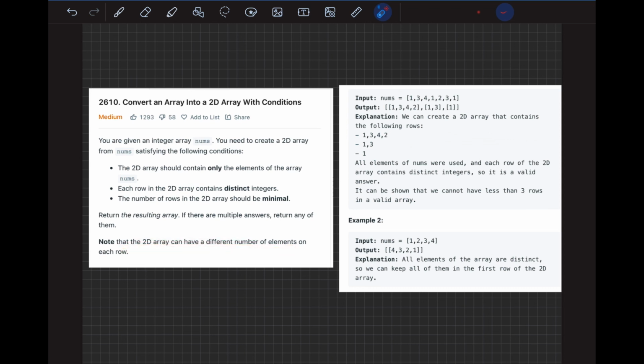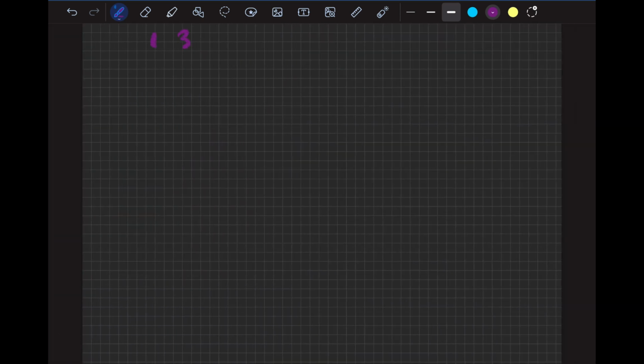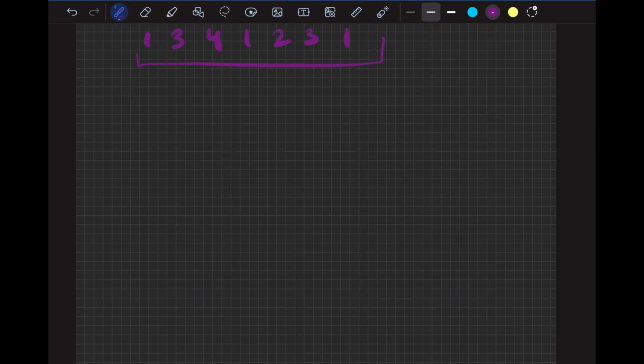So let us try to understand this question a bit more clearly from the example given below. Here the nums array is given and the output is like that. So let us try to understand the example. Here 1 3 4 1 2 3 1 are the numbers inside the nums array. Now how can we create a 2D array where the number of rows should be minimal, and second, each row should contain